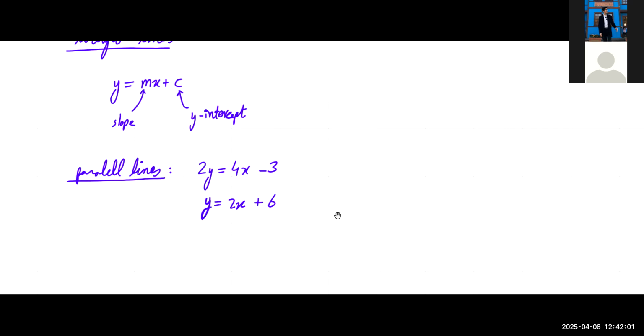You have to rearrange them, exactly. So y equals, what is the first equation going to become when you rearrange it? 2x minus 3/2. Exactly. And the second equation is already 2x plus 6. The y-intercept doesn't matter. The m values being the same means that they are the same slope, meaning that they're